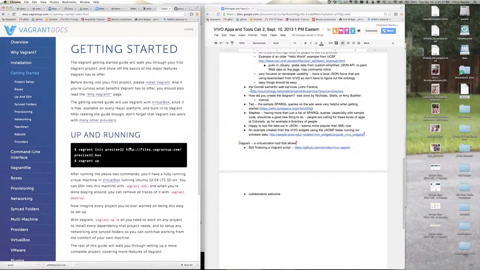As you're developing a project like VIVO, where it's got a web piece and a database piece, you usually had to maintain some kind of centralized development server, where people who wanted to test out changes to the source code or the data all had to play nice in the same sandbox and work with each other to make changes to the development tool without impeding other people's work.